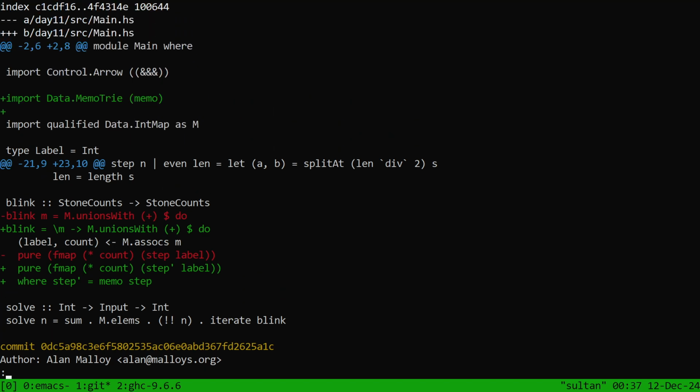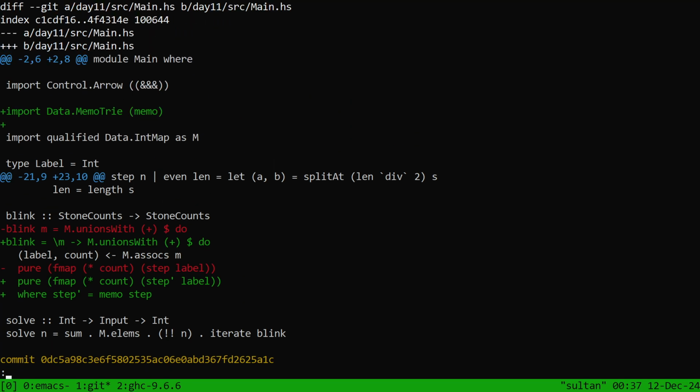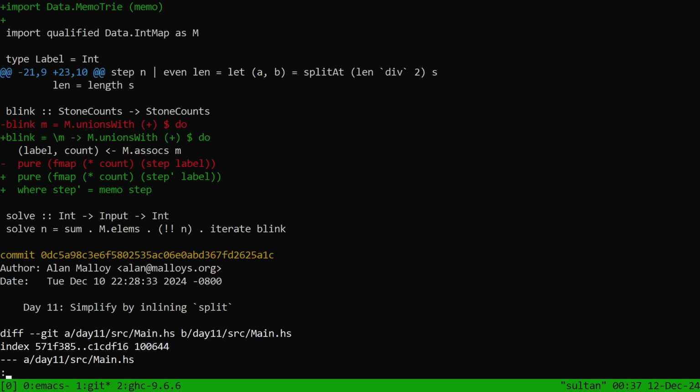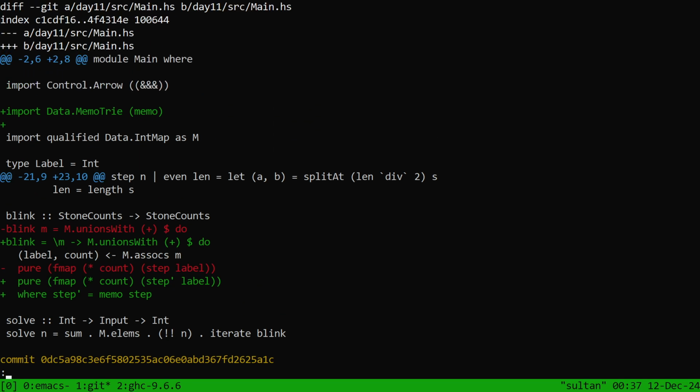And then I also happened to see that someone else had memoized basically the step function, which I was a little bit surprised by. I was like, it's not that expensive, is it? The expensive part is managing a bazillion stones. So I thought, I'll just throw in some memoization on my own Blink function and see if it makes any difference. So, using MemoTrie,